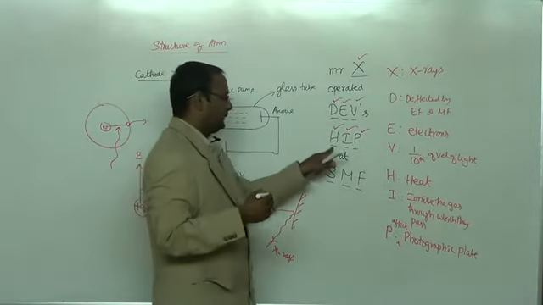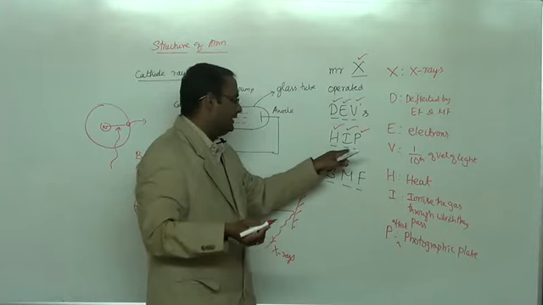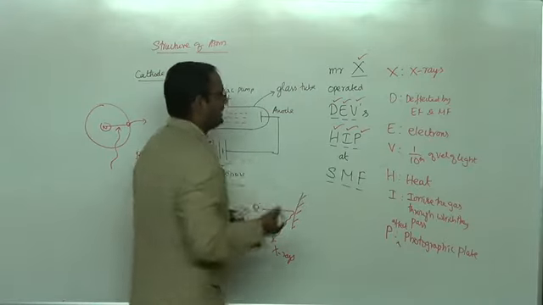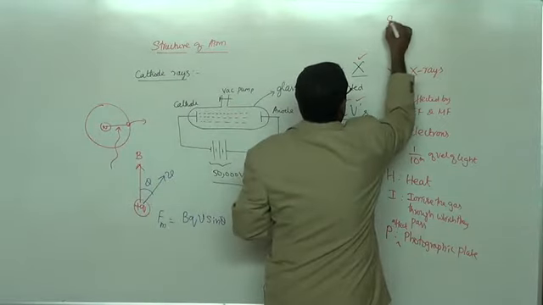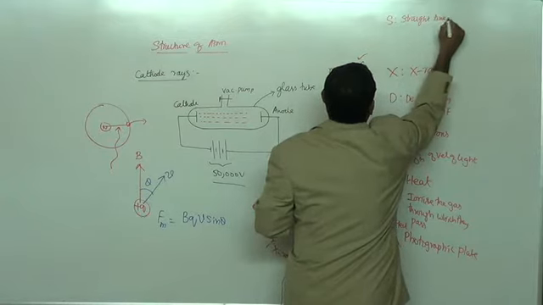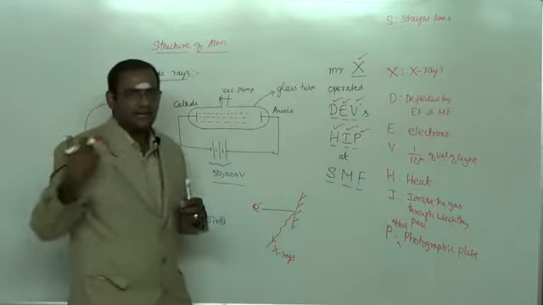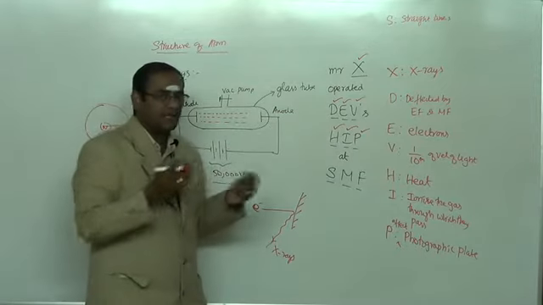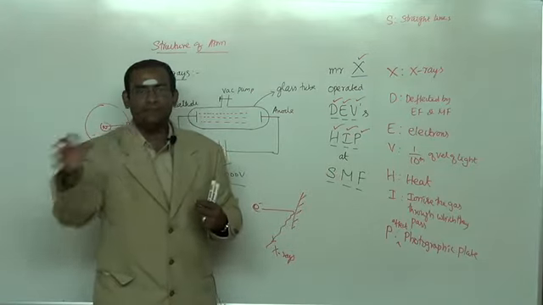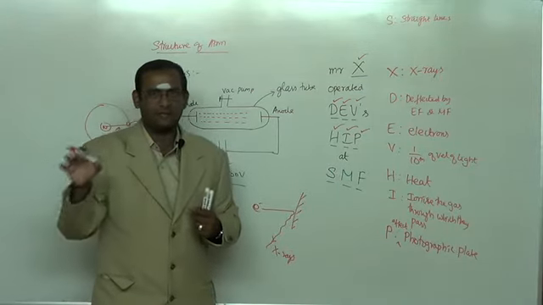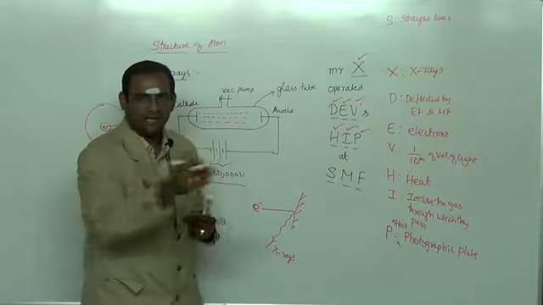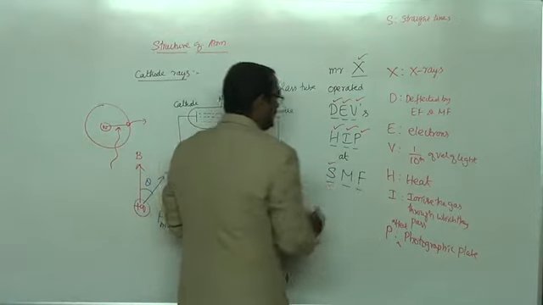Again, I will recollect: they produce heat when they fall on a solid target. They ionize the gas through which they pass. They affect photographic plate. What does S stand for? They travel in straight lines. When they come out of the cathode, they travel in a straight line path unless you have an external field. If you have an electric field or magnetic field, it may bend the cathode rays. Unless an external electric or magnetic field is present, cathode rays travel in a straight line. So S stands for straight line.